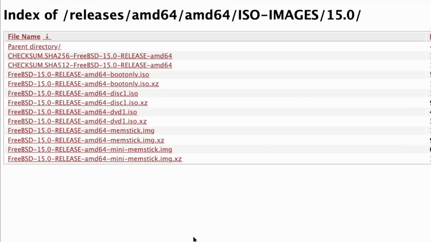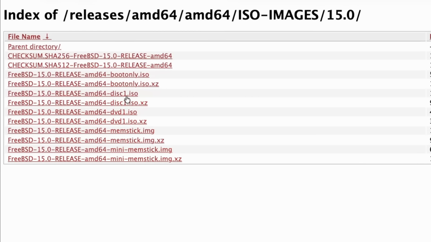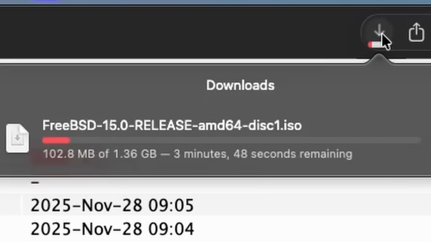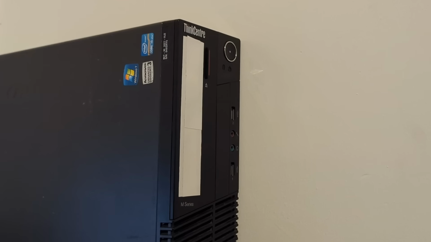why are there so many? Which one of these do I pick? I went back to the page before, and after reading for a grand total of 5 seconds, I realized which one to pick. So I'm gonna download it, and it's only 1.36 gigabytes. That's pretty nice. I'm gonna use my trusty Ventoy USB, copy FreeBSD to it, and then plug it in, and